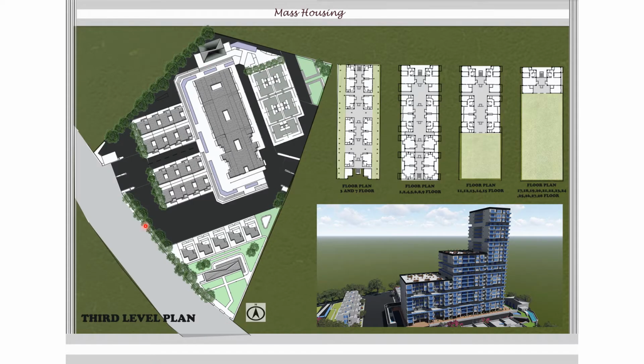The apartment building consists of a total of 28 floors, whereas the first to ninth floors consist of 1 BHK, 2 BHK, 3 BHK and RK flats. From the 11th floor to the 15th floor it consists of 2 BHK, 3 BHK and RK. And the rest, from the 17th floor to the 20th floor, consists of 3 BHK and RK with open terraces above.